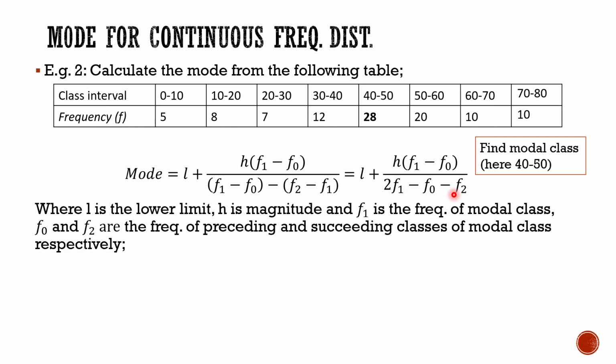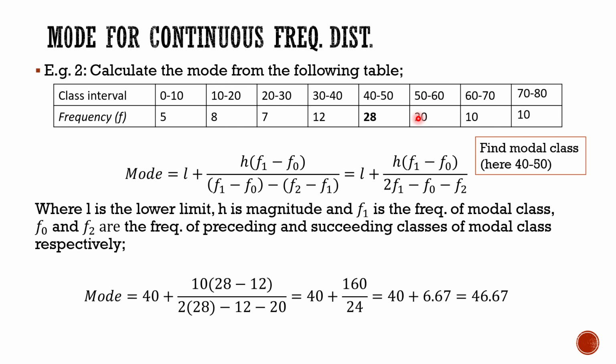And what is L here? L is the lower limit of the modal class, H is the magnitude or the class interval, F1 is the frequency of the modal class, so that is 28. F0 is the frequency of the preceding class of the modal class, so that is 12, and F2 is the frequency of the succeeding class of the modal class respectively, so that is 20 here. So what we'll have to do is just put the values